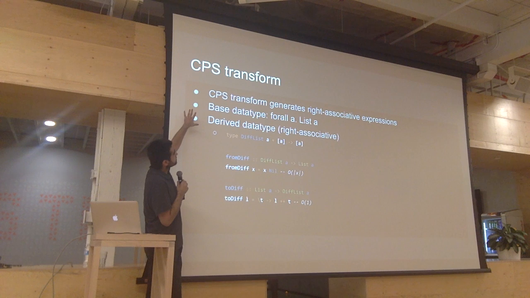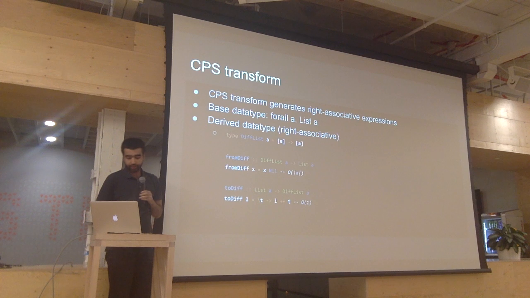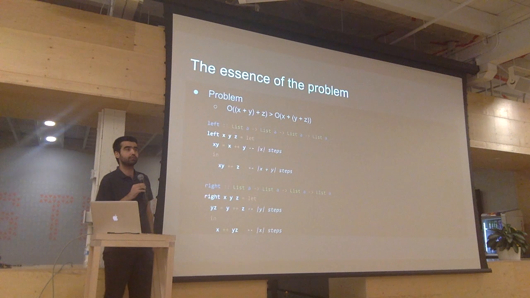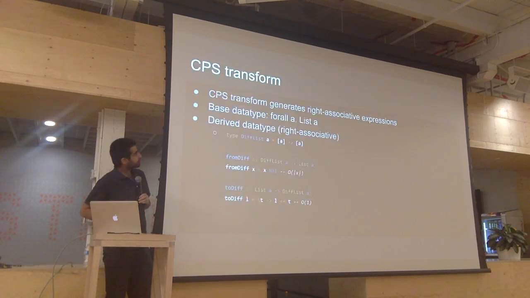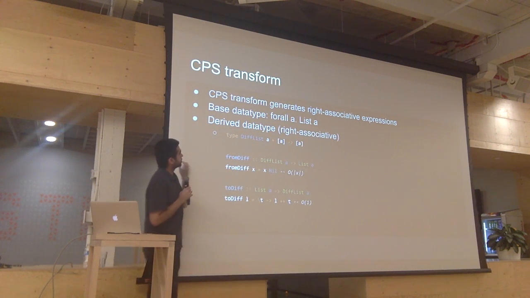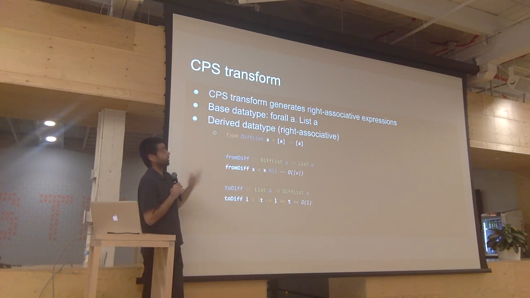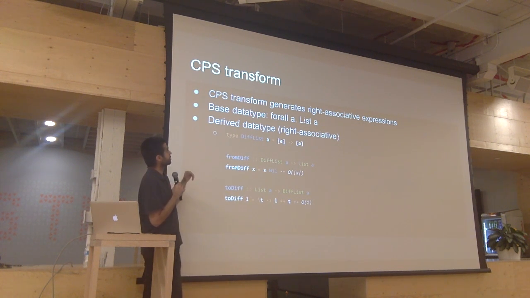So the essence of the CPS transform, you can call it whatever, is this: when we are faced with the problem that the left associated view is worse than the right associated view, how would we fix that? One way is to provide primitives so that only right associated things form, right? And this CPS transform is one way of doing this. So it's simply a way to generate right associated expressions by default. And why is that good? Because if things are right associated, everything is nice, you don't run into that performance issue.